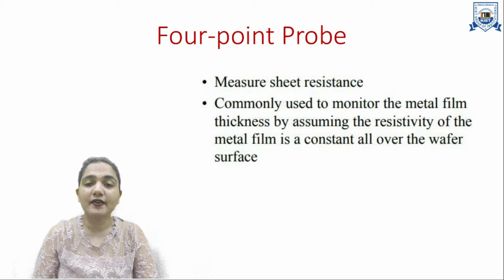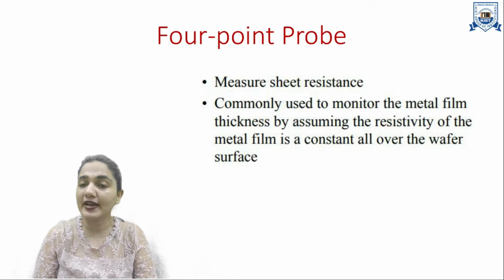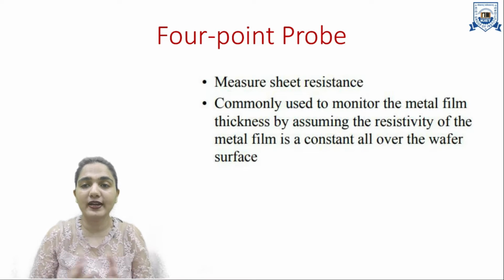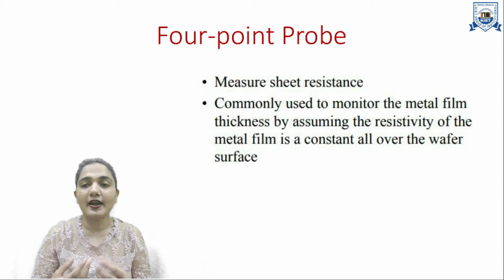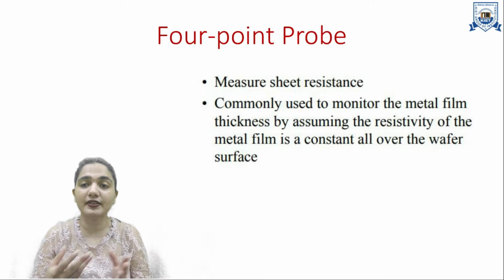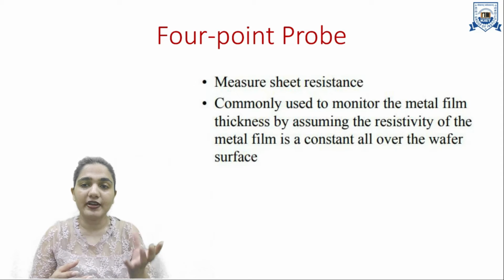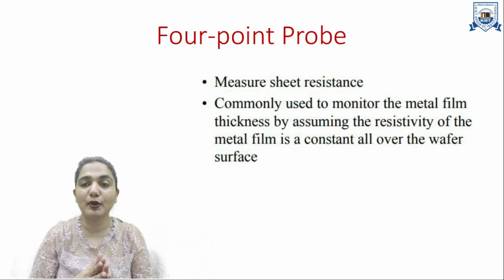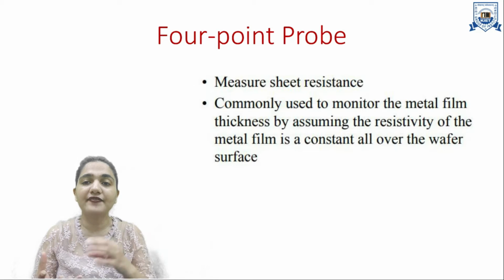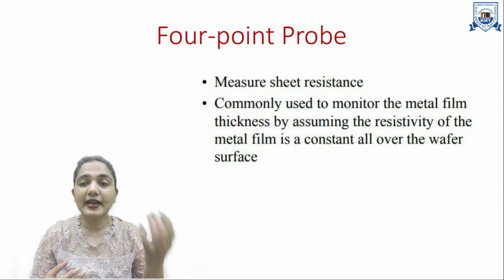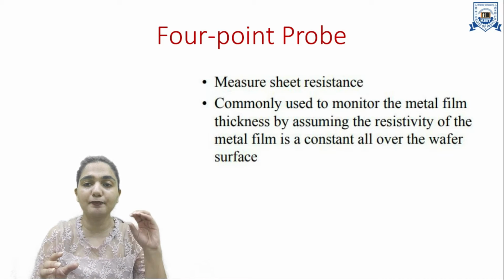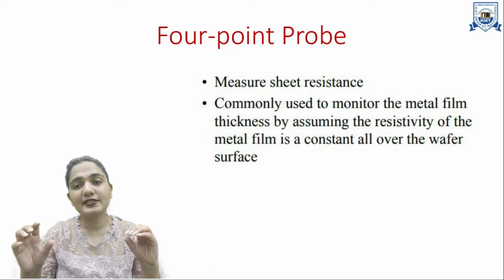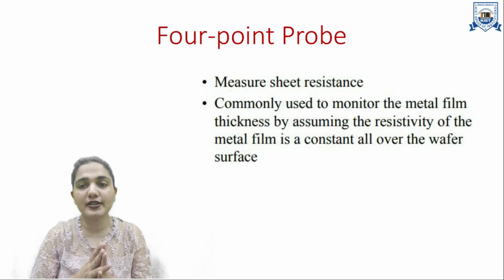Now the second method is a very important method, which is the 4-point probe. It is a very widely used method. It measures the sheet resistance, and why at all are we measuring all of these things? Sheet resistance is measured so that we get to know the electrical and magnetic properties. After the processing of the wafer, some electronic and magnetic properties are varied. Now we have different electronic and magnetic properties than we had in the normal silicon crystal. If we have a pure silicon crystal and a doped silicon crystal, in both of them we have different electronic and magnetic properties.